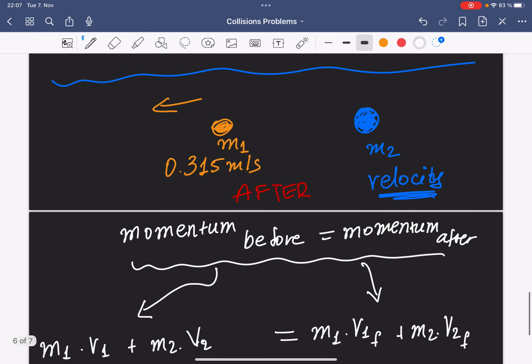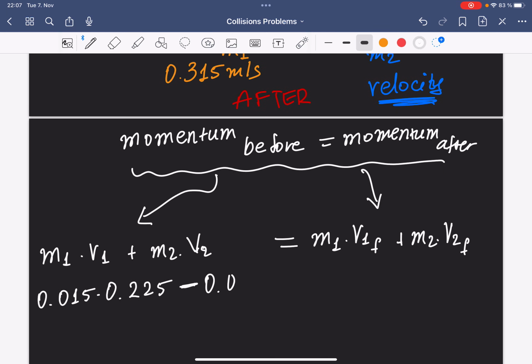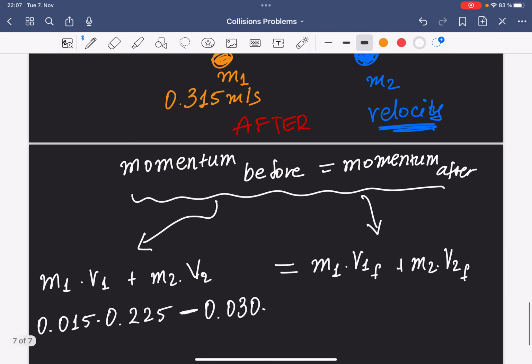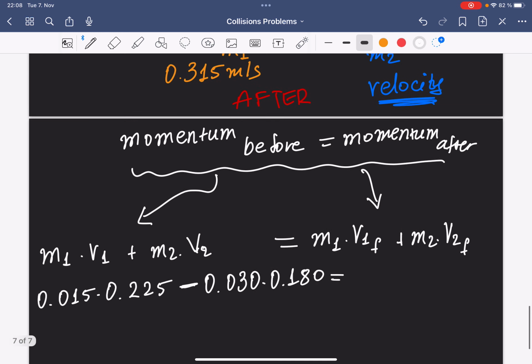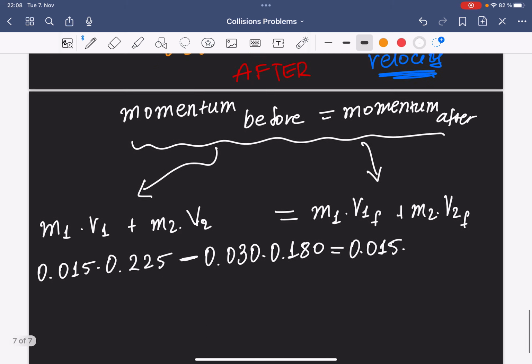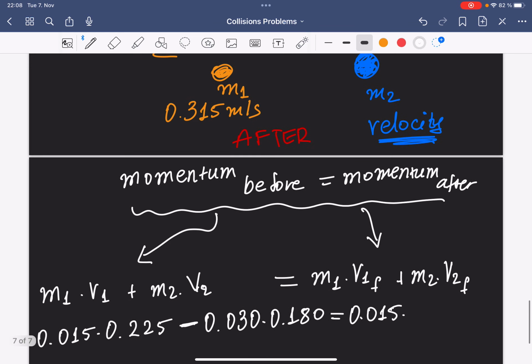M2 is going to be 0.03 times the velocity, which is now 0.18, is equal to M1 0.015 times the final velocity, but the final velocity is as a size 0.315, but it's in the negative, so this one needs a minus in front of it, and that's very, very